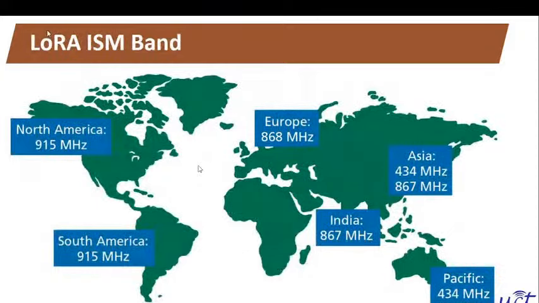If we talk about the frequency band, you know that right now there is bidding happening for the 5G band, but that is paid spectrum. But the beauty of LoRaWAN is that it is free. It comes under ISM, industrial, scientific, and medical purpose. There are a few frequency bands that are made free by respective governments. In India, we have the 867 megahertz frequency band for LoRa applications. It is called the ISM band.